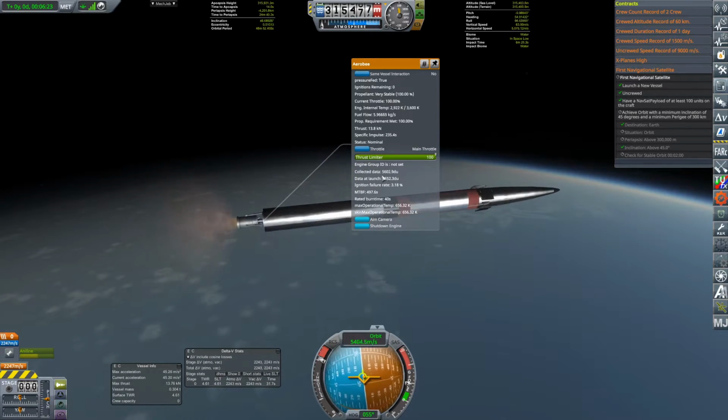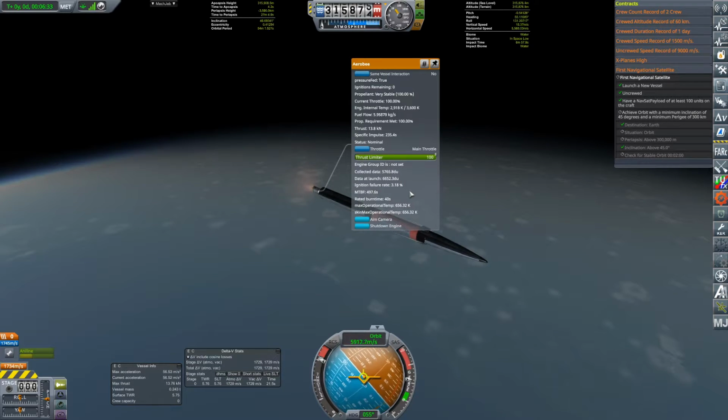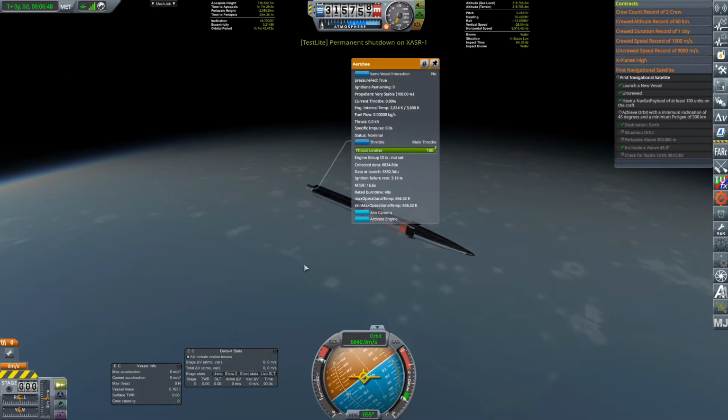And you can see that even now we're still getting more data collection. I'm not sure why the collected data is lower than the data at launch, but yeah, I'm not sure 100% what that means, but I know that the other version of this, the AJ1027, actually had a full 10,000 DU, but it failed anyways, so, you know, what do you do? All right, we are just getting our last...